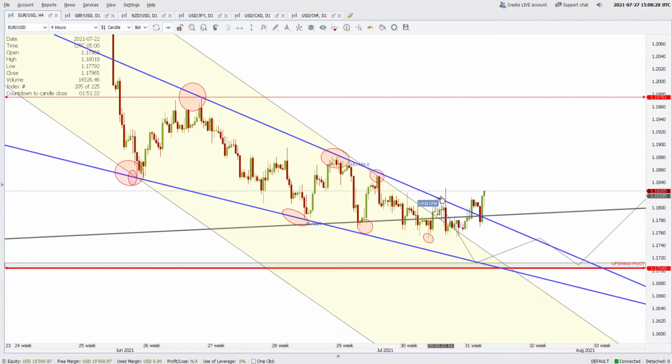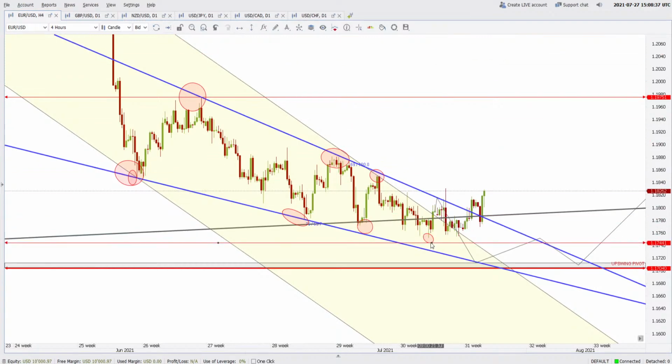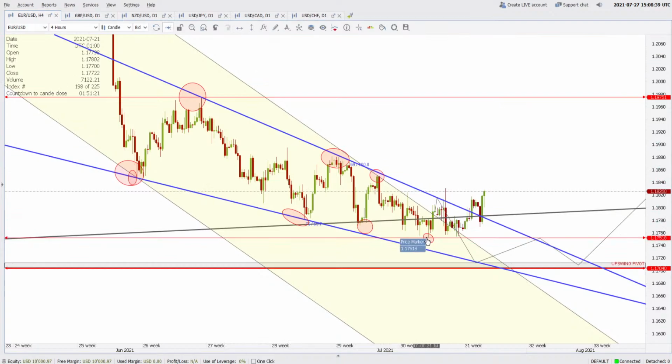Okay, it has made a high, but it will be counted as a high only if the price has made another low below this. Has the price made any low below this? For that we have to do it like this. No, the price has failed to make another low below this, but has it made another high above the previous high which was here? Okay, actually this was not the previous high, because after making a low here which was at around 1.1771,